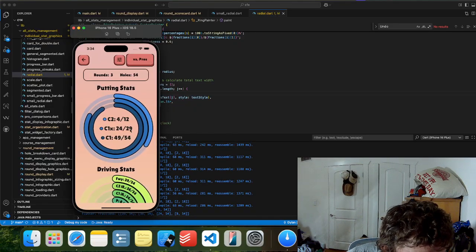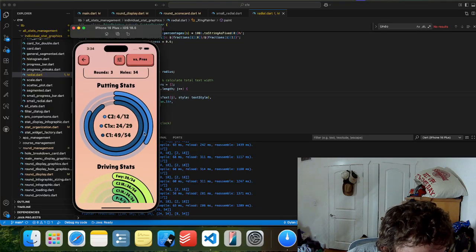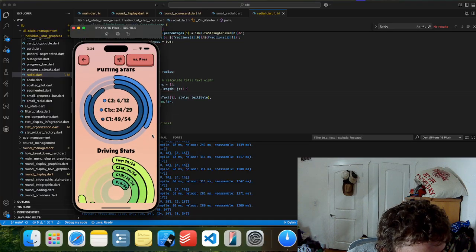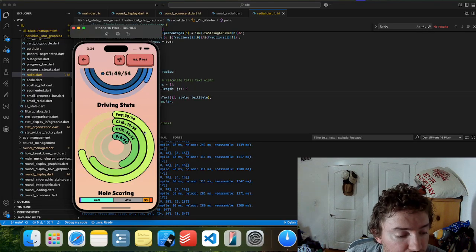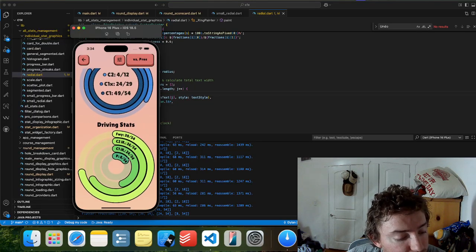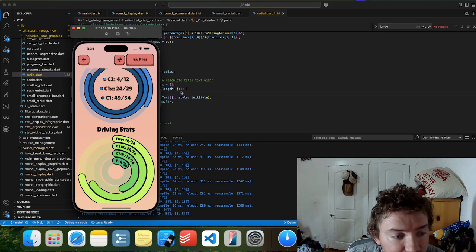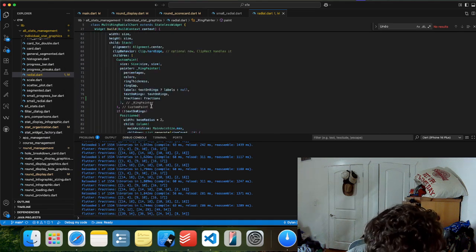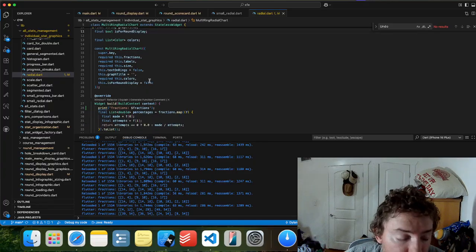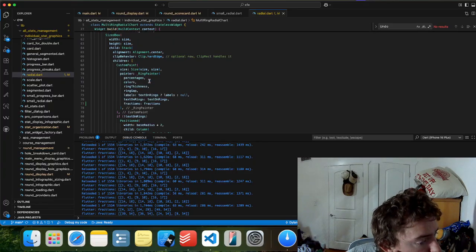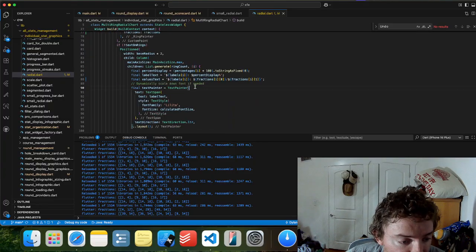If I go to all-time stats, yeah, same thing here. That is going to create some issues when those numbers get really big, though, isn't it? That we could do the text based on that.